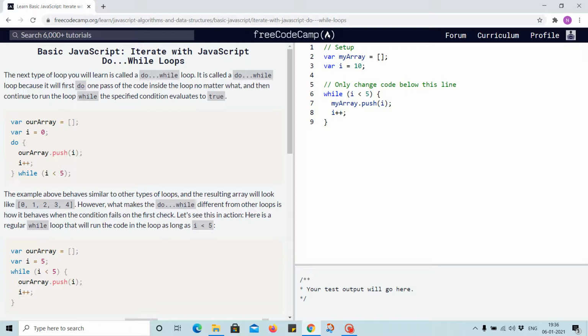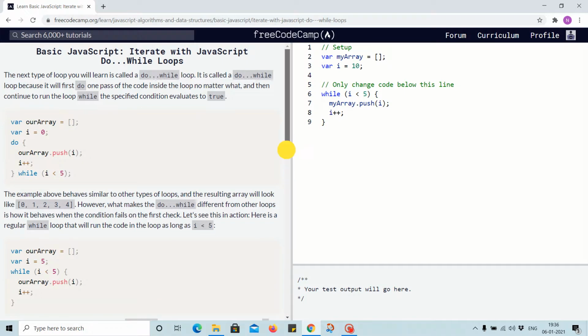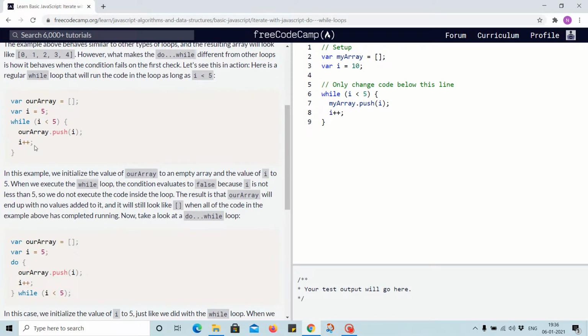Let's see this in action. Here is a regular while loop that will run the code in the loop as long as i is less than 5. In this example we initialize the value of our array to an empty array, and the value of i to 5.